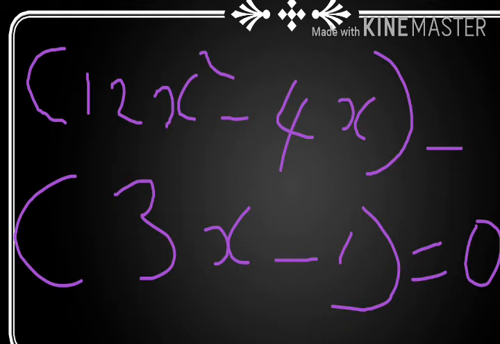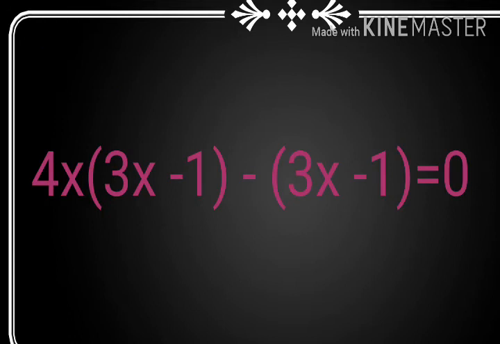So in the first group, which is the common factor? 4 and x. So 4x we took outside. Then which are the remaining terms? 3x minus 1. Then minus (3x minus 1) has no factors. So common factors, we can write them as same.